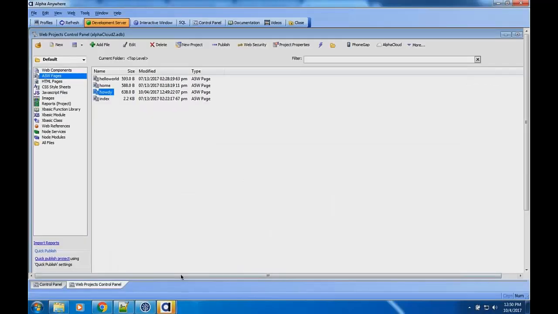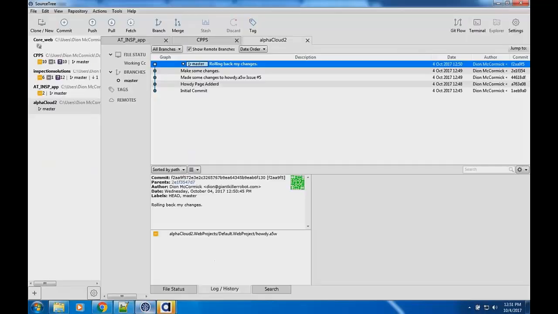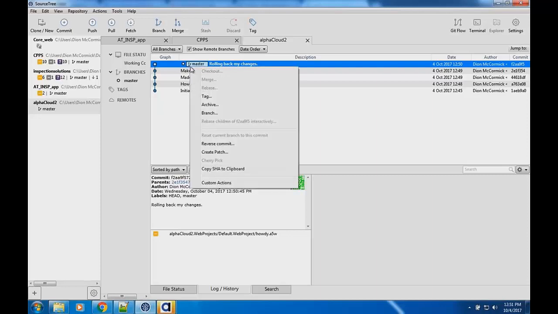Now if I go into alpha and I open up howdy, you'll notice that, oh, what's happened here? Oh, I must have done something there. I'll have to go check on this, something there. What would happen normally, and sorry, it's a demo, but then you would see that it would roll back the changes. So I guess I didn't recommit those properly, and I apologize. That doesn't make for such a great looking demo right there. Let's go ahead and reverse that commit.